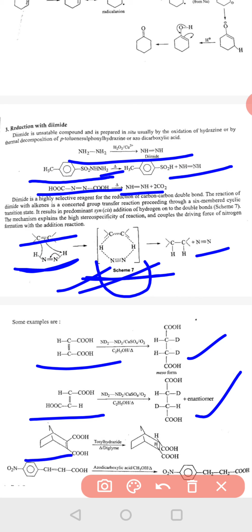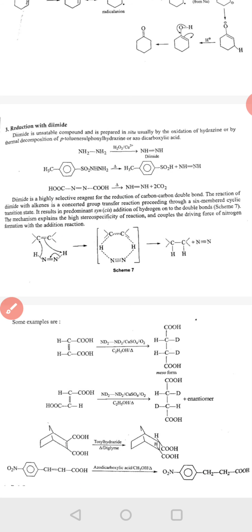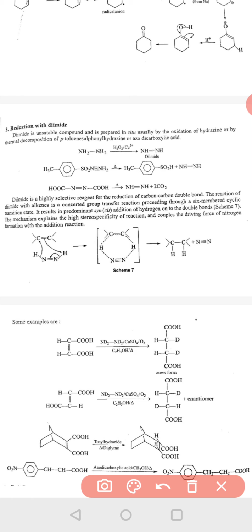In this reaction, this C=C olefinic bond gets reduced and we get a syn product, and in the next reaction also this double bond is reduced and this NO2 group is left untouched and we get this product. These are some of the examples of reduction through diimide, and this diimide is a very important reducing agent